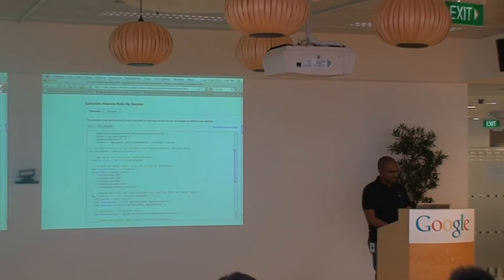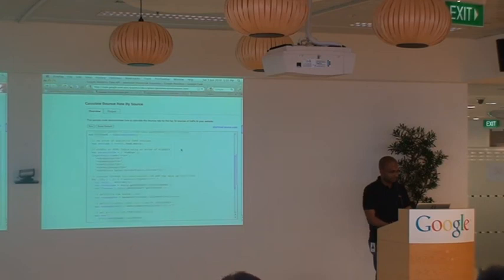Oh, which is already there. Let's just add it here as well. Let's call it visits 2. I want to read the value of visits too.